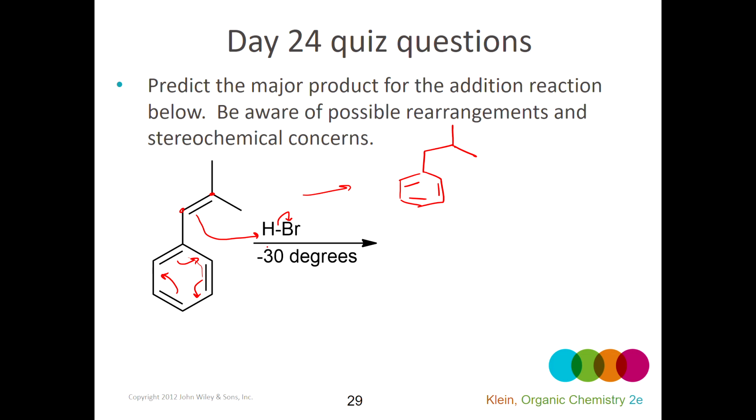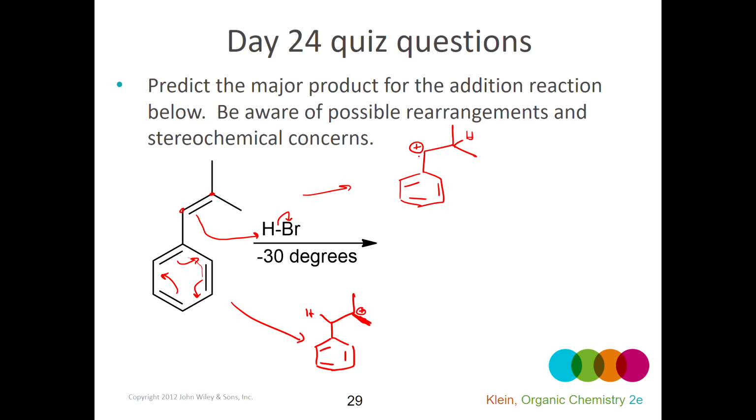Right, so when we look at this option, there are really two different pathways this could go through. If the proton gets picked up and added to this carbon here, then the electrons are pulled away from the tertiary side. I get a nice tertiary carbocation. That looks good. If the proton gets picked up here, then I get a secondary carbocation. And that's the reason for Markovnikov's rule. Normally a tertiary carbocation is more stable than a secondary one,